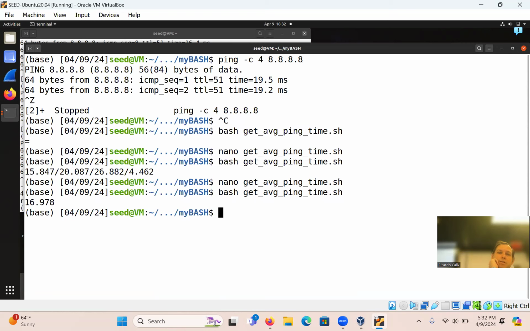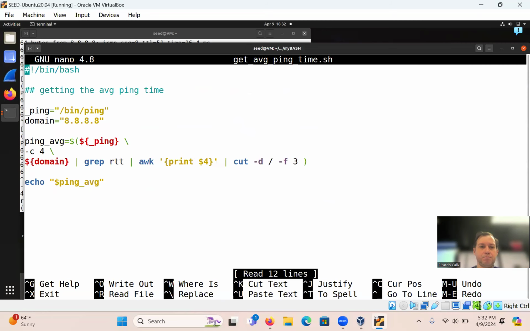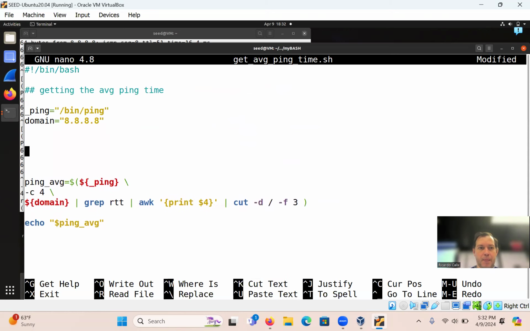I guess we need to look at the original one also, just to make sure, because it's changing every time. So what I'm gonna do is add here all ping vals, right?